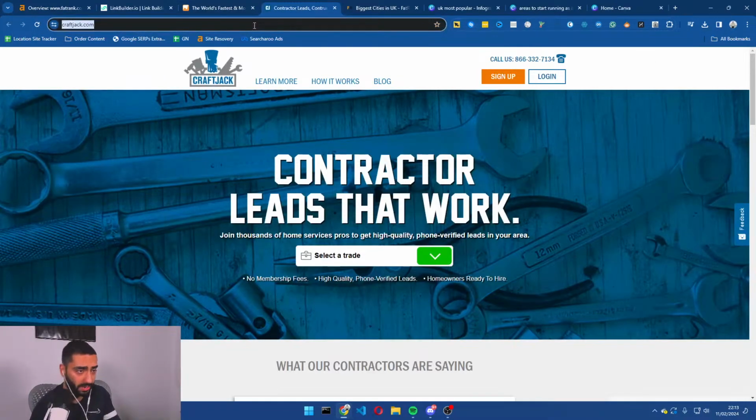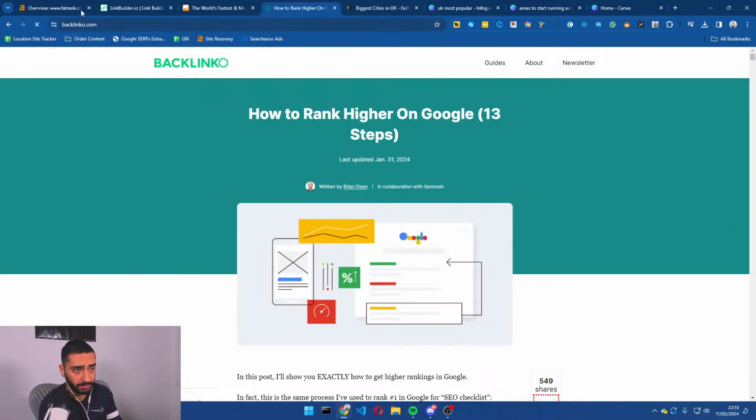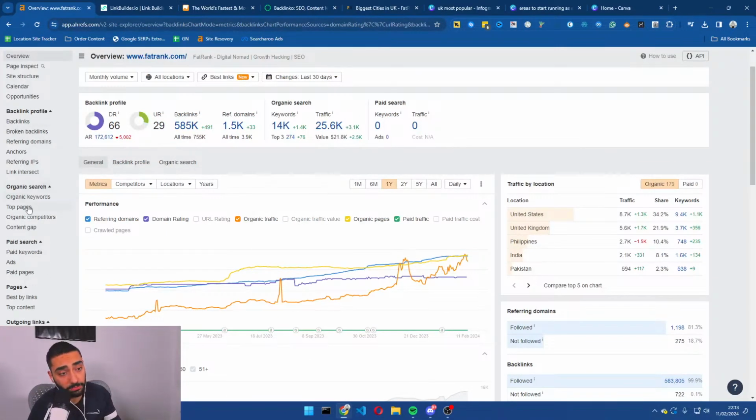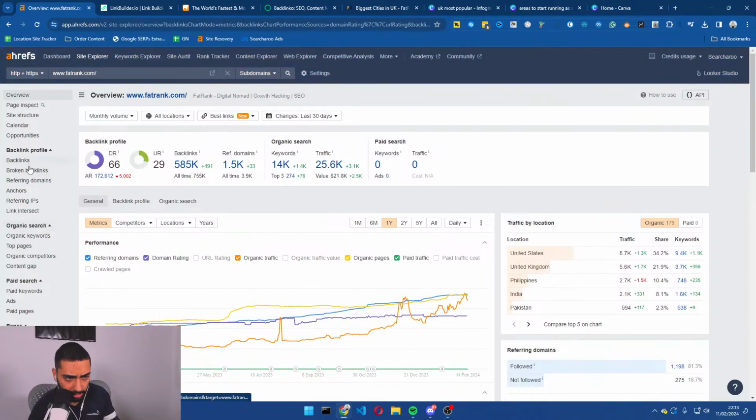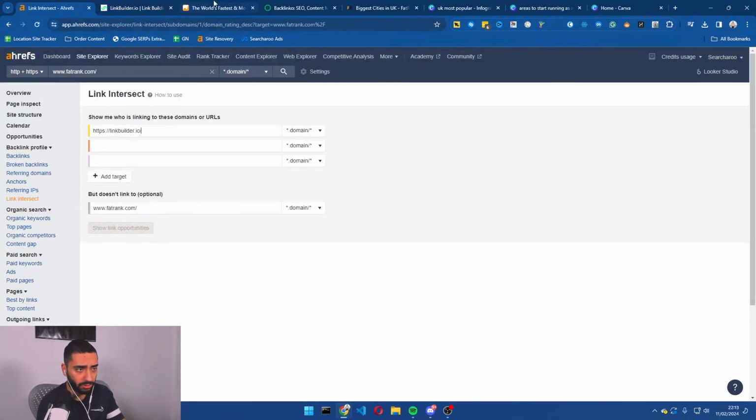Or actually, I'll pick Backlinko. Right, so just pick 3 of your competitors. Go over to the link gap section here. Where is it? Backlinks, link intersect it's called. So then what you want to do is just paste in 3 of your competitors.